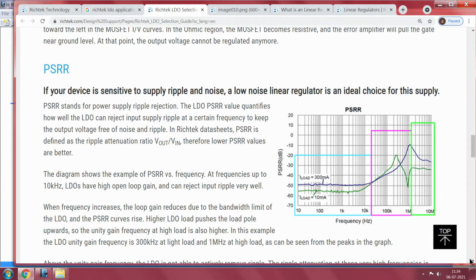discuss is PSRR. Now if your device is in output wherever, for example you are connecting the output of the LDO to an ADC VREF, then you need extremely stable output voltages, you need very low ripple, and it should not be susceptible to any noise. So essentially a low noise regulator is a good choice for this supply. Now what you see on the right side is the frequency of the input versus the PSRR on the y axis. Power supply rejection ratio is simply plotted on the y axis, it is plotted in dB.